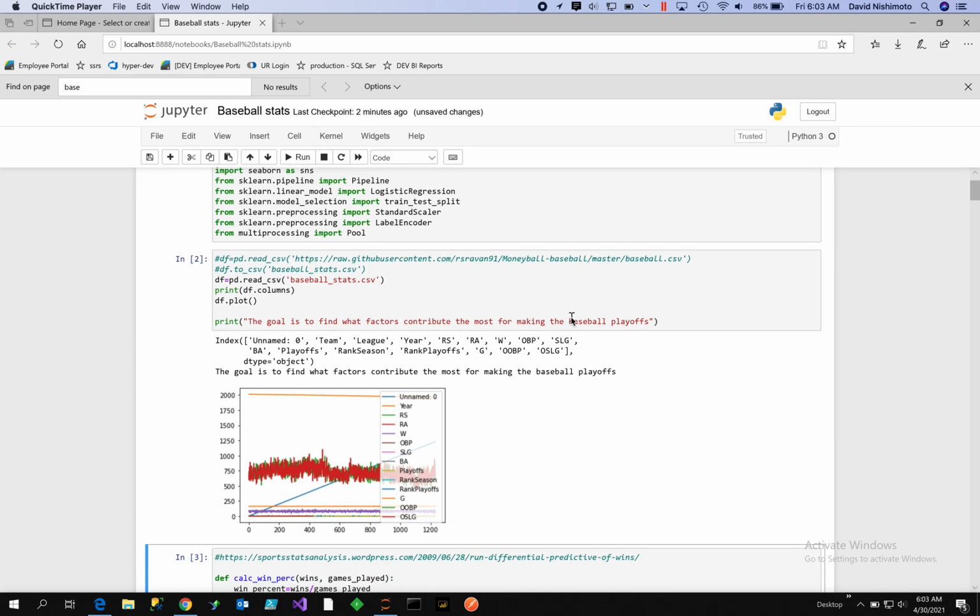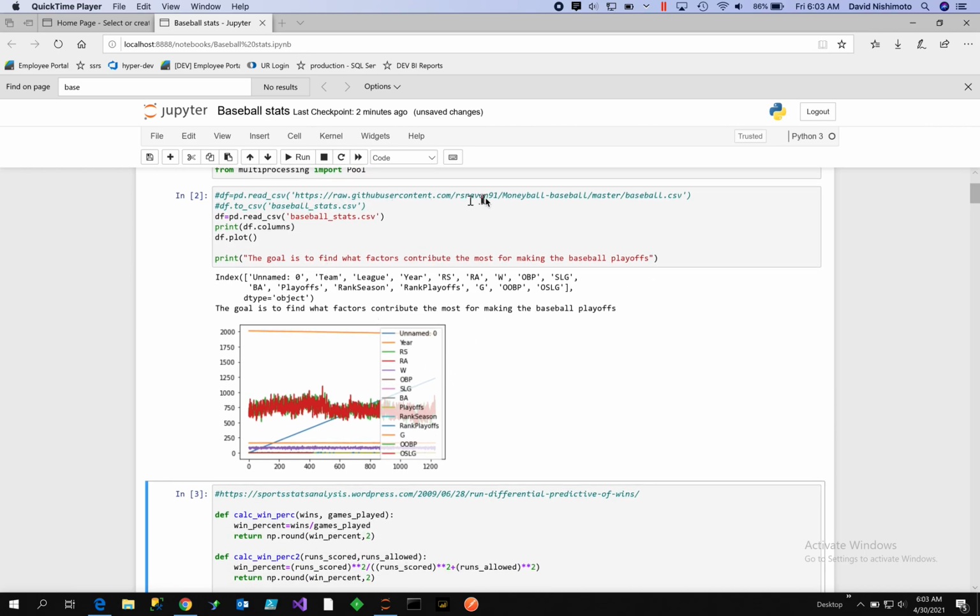In this exercise, what I'm doing is exploring baseball stats, and the goal is to find what factors contribute the most to making the baseball team playoffs. Okay, so this is the data source, and I do a read CSV, take a look at the columns, and just take a data frame plot. And what you can see is that there's different